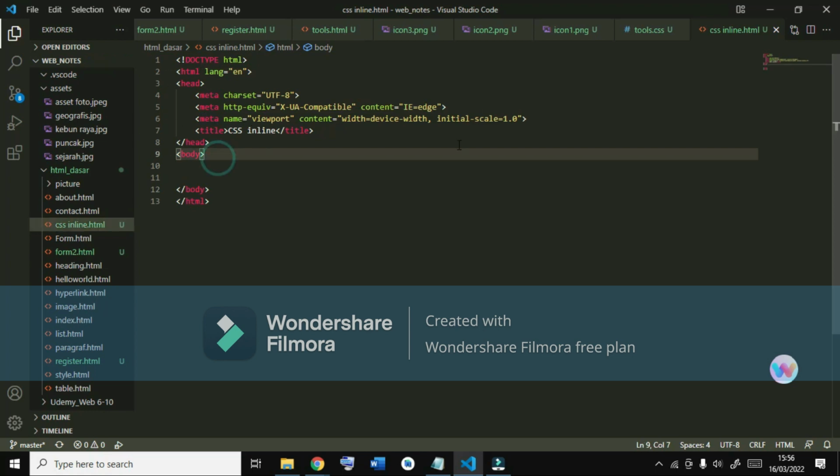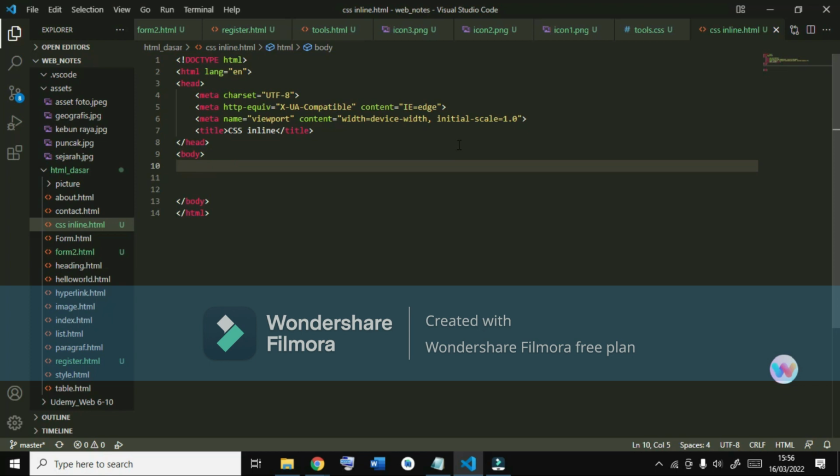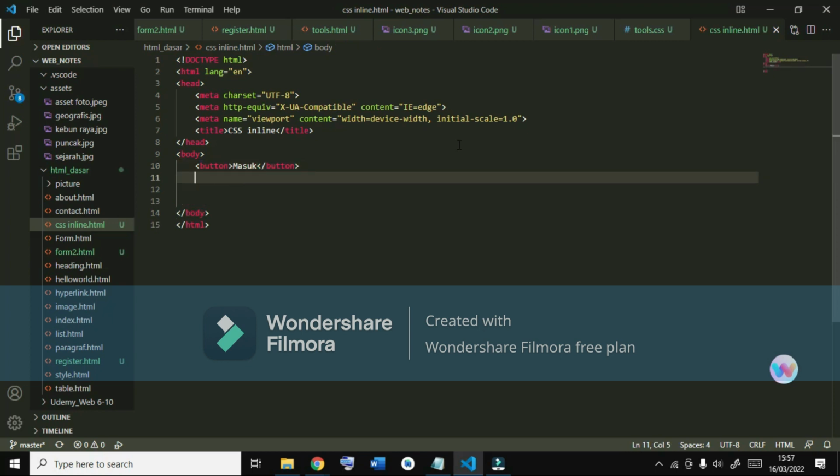In the body, we write two buttons, for example, masuk and keluar.